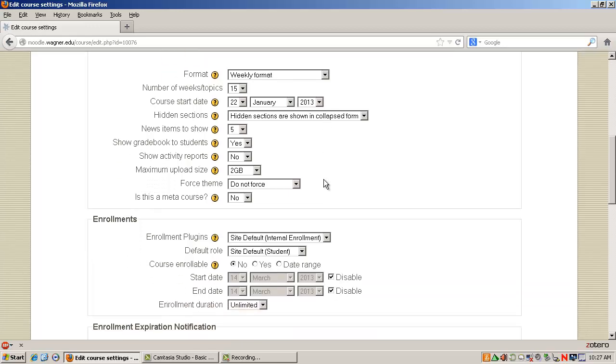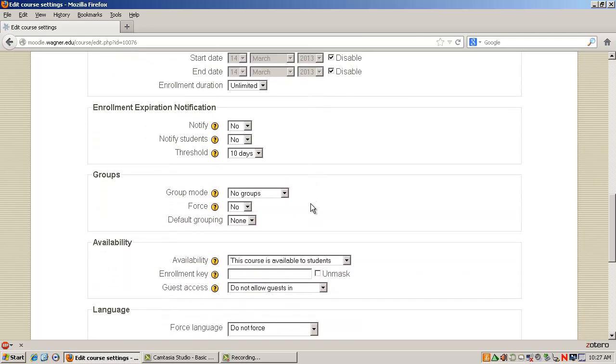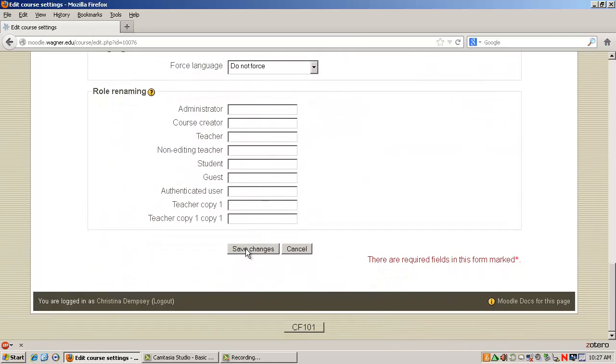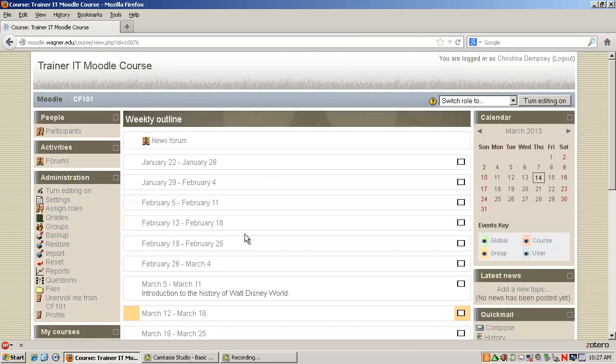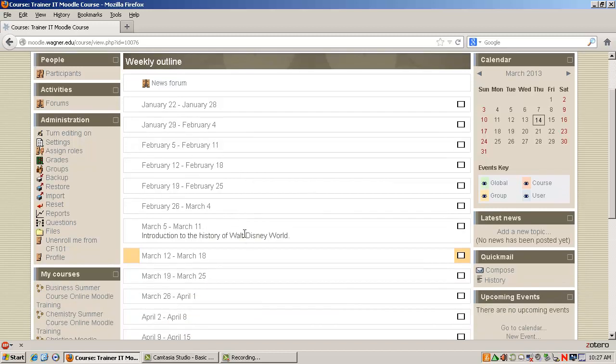Now let's just go ahead and save these changes just to see what it looks like. You can now see that the course has been broken up into weeks starting with the course start date of January 22nd. Now that we've discussed these two formats, we'll discuss the rest of the settings. Going back into the settings,